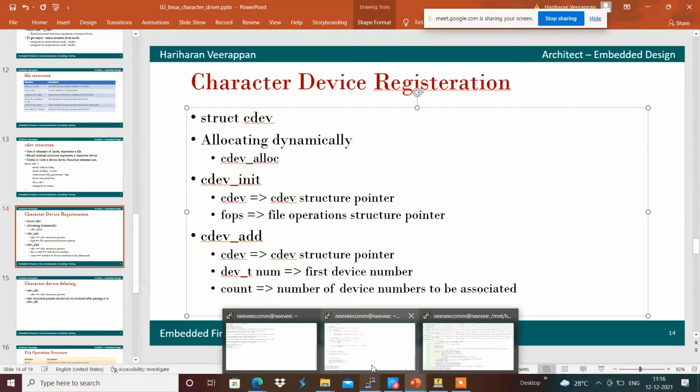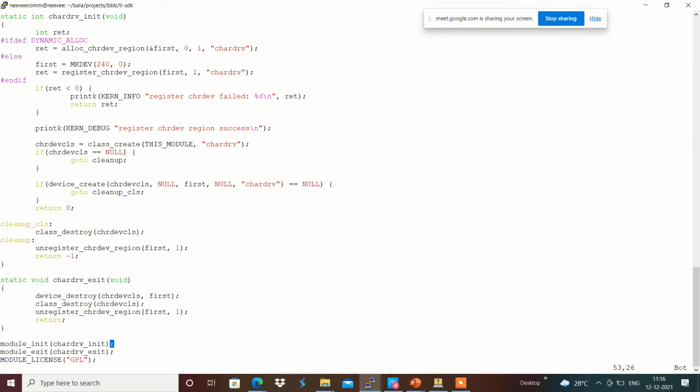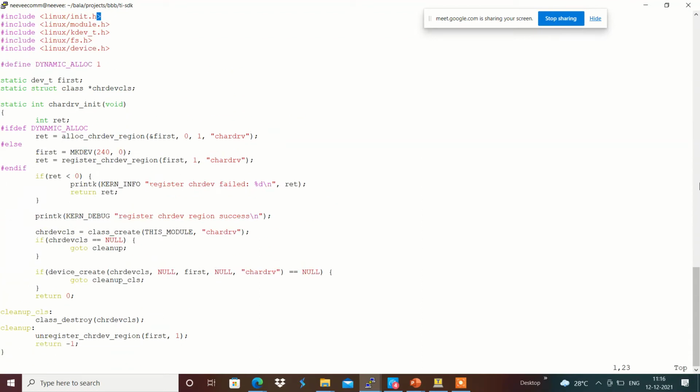implementation accordingly. For that, I'm going to define a static struct cdev over here, and I'm going to provide something like character dev.